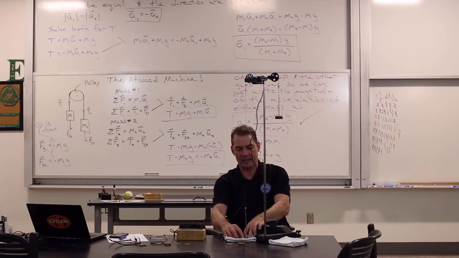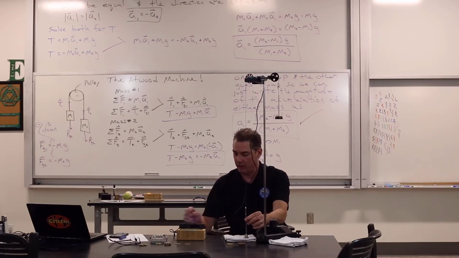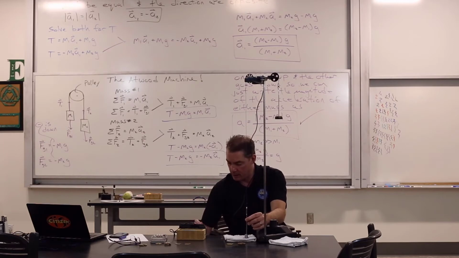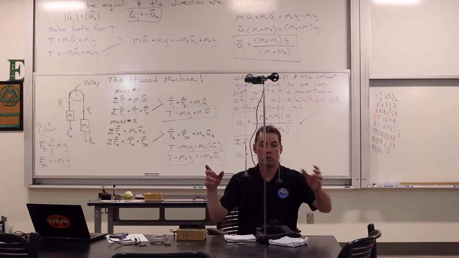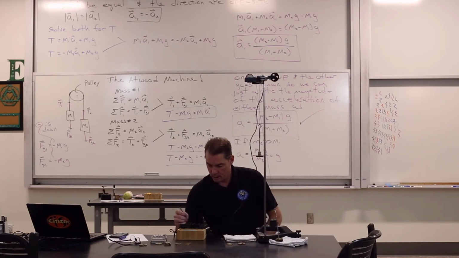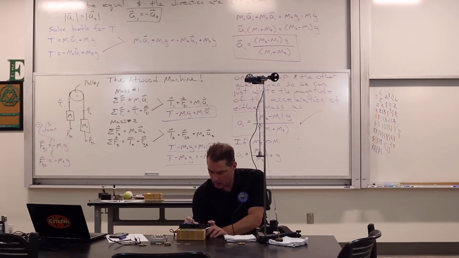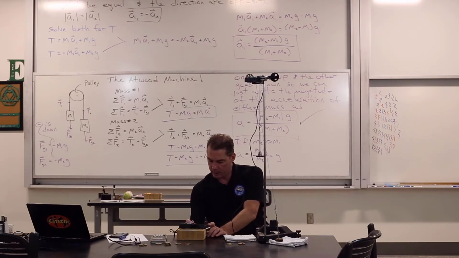And now we're in a position where we could start thinking about letting go of this, but I got to take some data here. So I start the data acquisition, boom, and then I'll let go, stop the system, good. I'll go ahead and stop this from taking data, stop. I will get the graph so we can take a picture of it. I just want to show the velocity graph, and there's the nice little linear portion. I'll zoom into that. Zoom in. So there is the linear portion, and